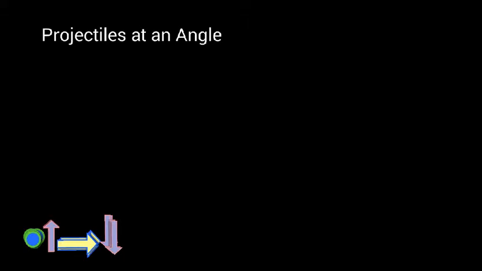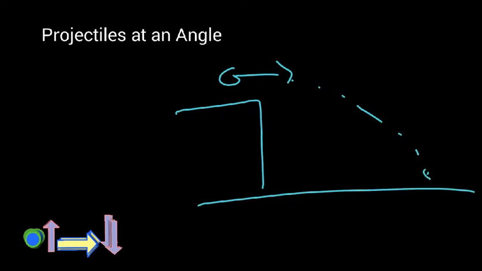Alright, so last time we talked about projectile motion where our projectiles were launched in the horizontal direction. So they were launched like this and they would fall to the ground, and we determined some things about that kind of motion. This time we're going to